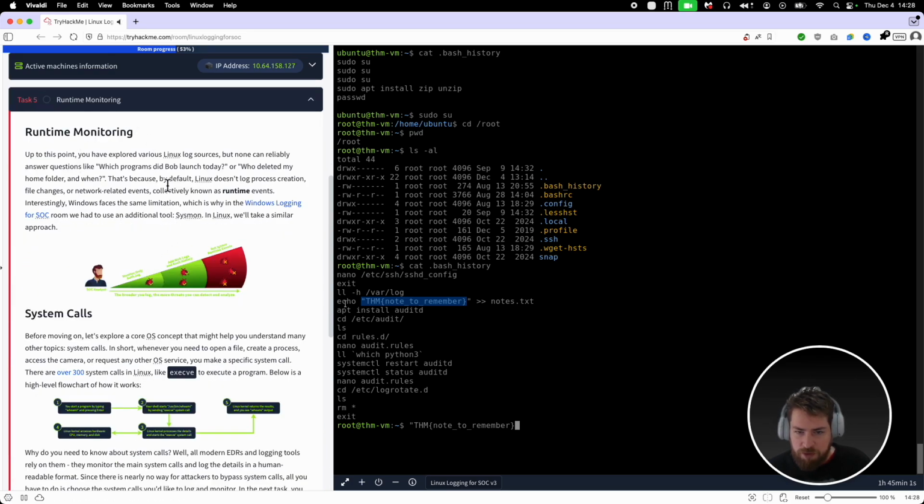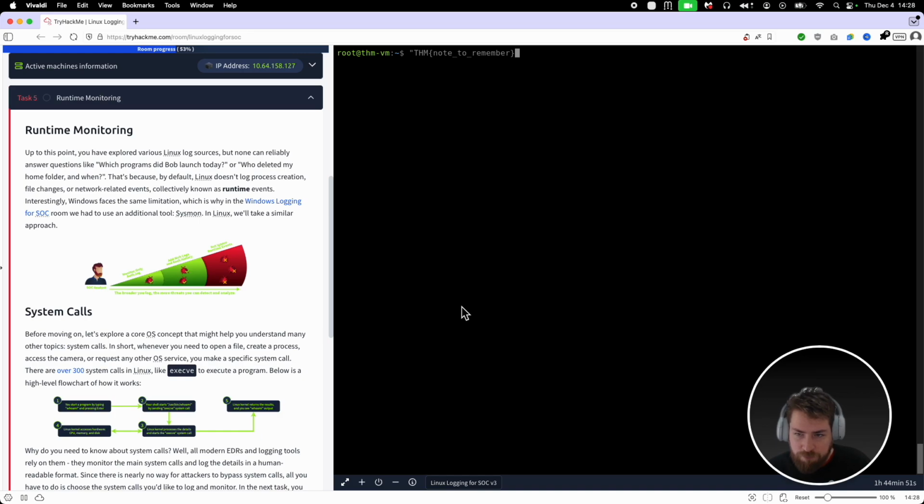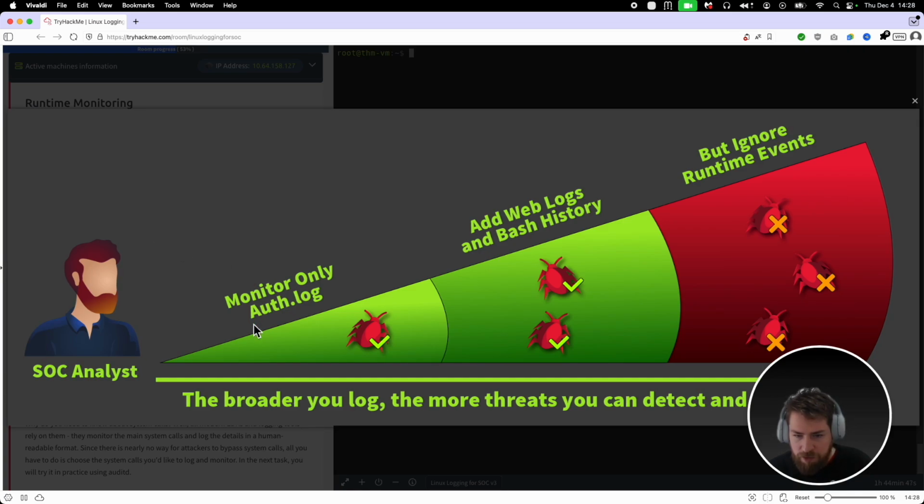So they talk about runtime monitoring. All kind of things happen on the Linux system. In the logs, they are things that already happened, but things are happening right now. That is runtime. So they have some image here where they show monitoring. When you add the web logs and bash history, you can find more information. And if you also check with runtime events, you can find even more threats or things going on in the